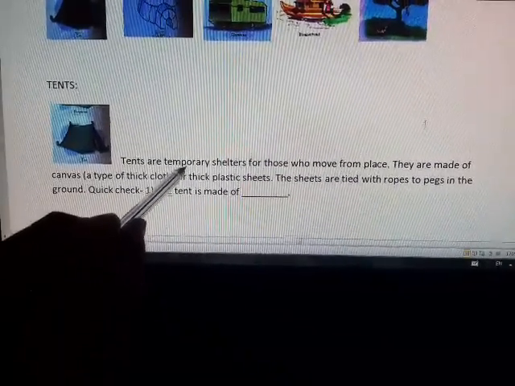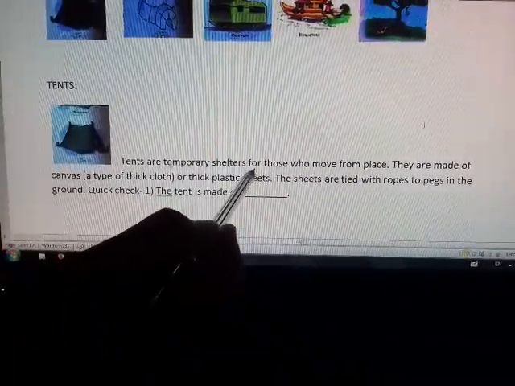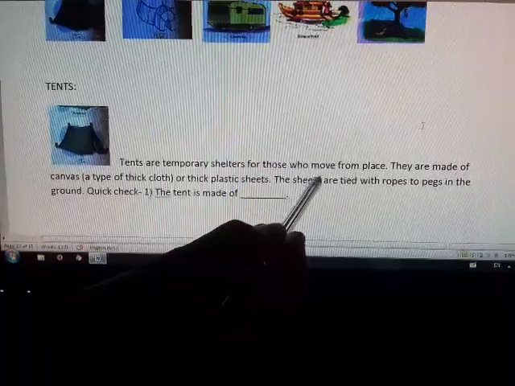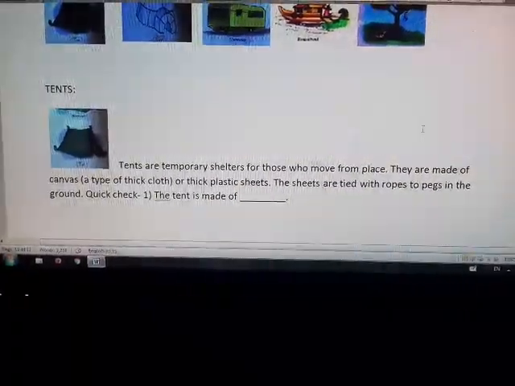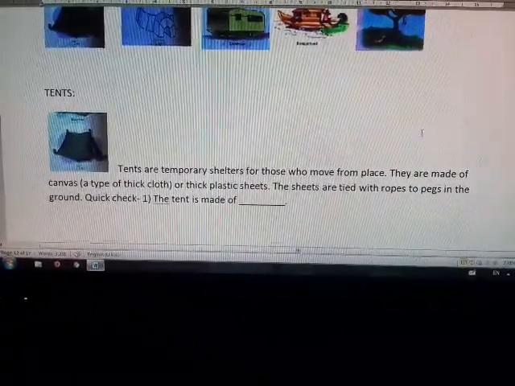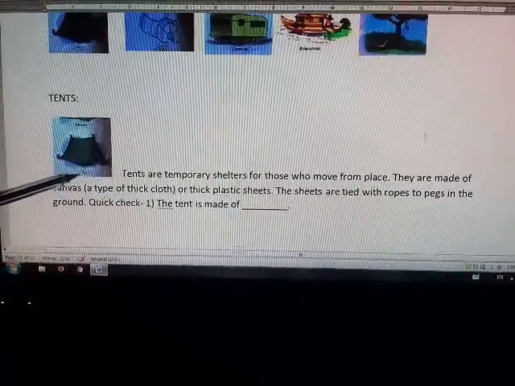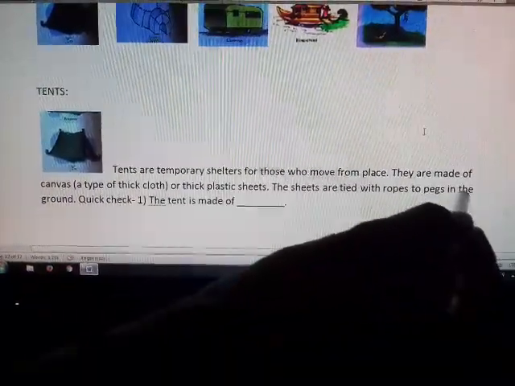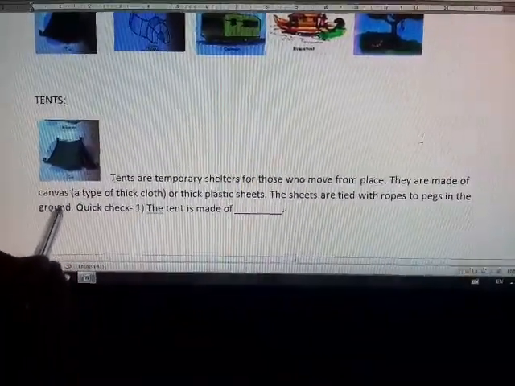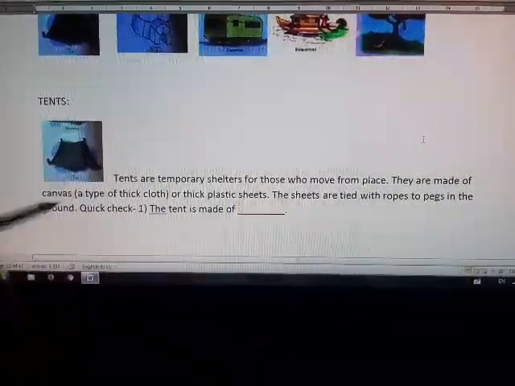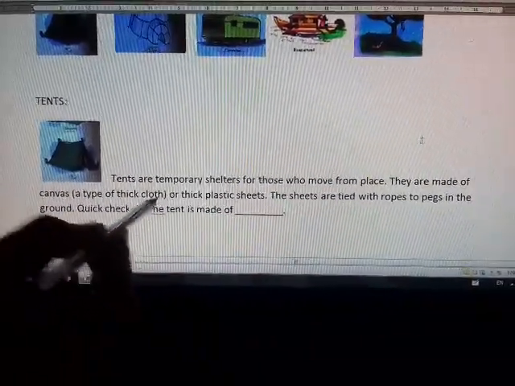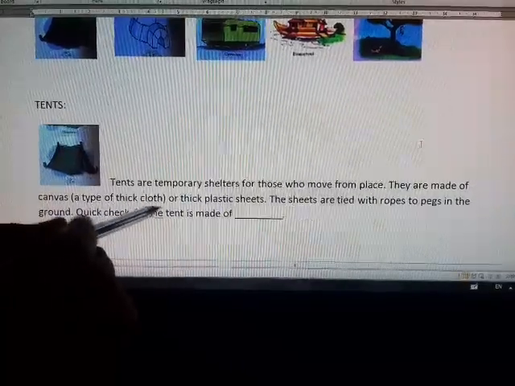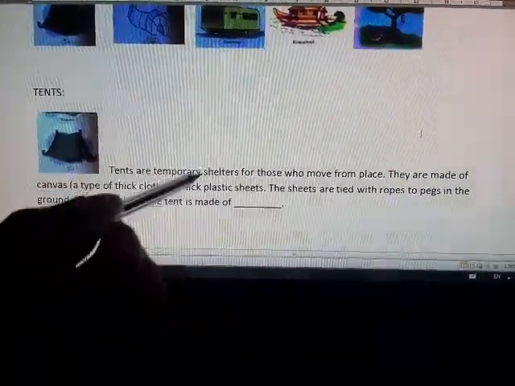Tents are temporary shelters for those who move from place to place. They are made of canvas. Canvas means a type of thick cloth or thick plastic sheets.